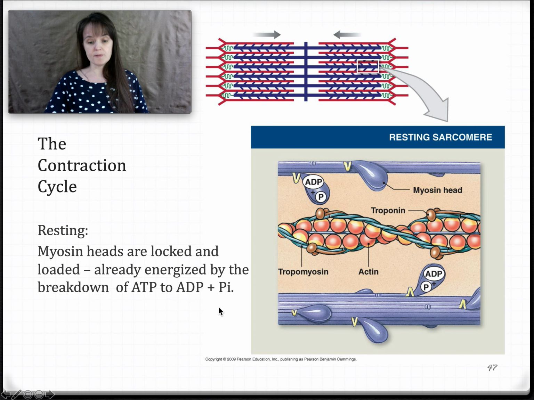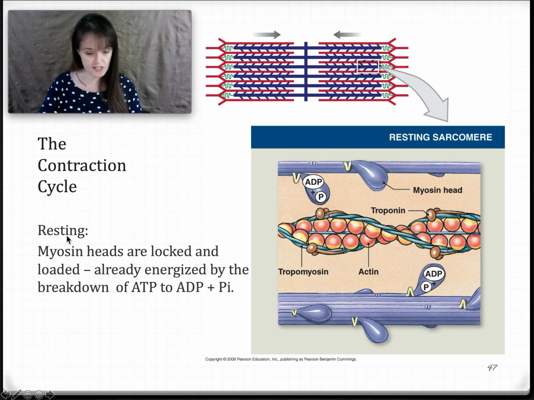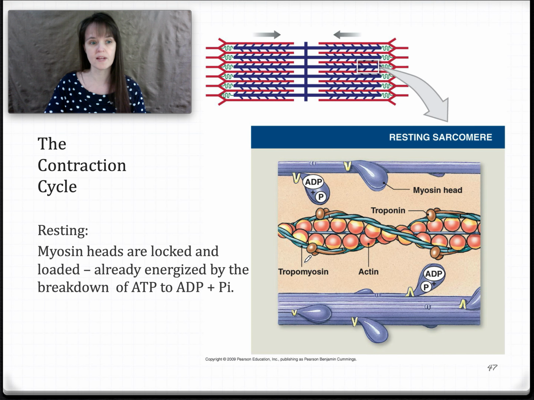All right, so top of page 10, let's talk about the contraction cycle for this video. This is Spotlight figure 10-12, page 309. Okay, so this is the part where it says resting sarcomere. So at rest, let's pick a color. Okay, I'm okay with red. At rest, the myosin heads are locked and loaded, so they're energized by the breakdown of ATP to ADP plus